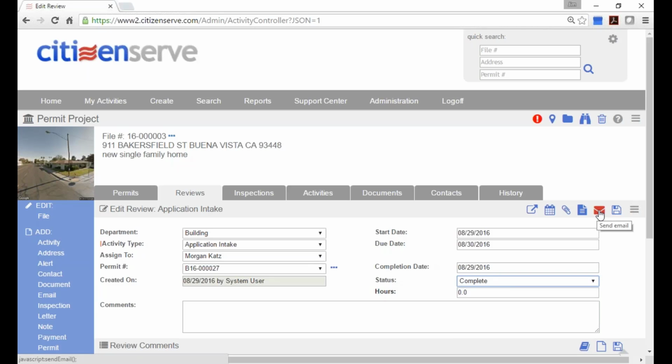send an email. So you can see we've got a bunch of options up here. I can attach things to my review. I can generate a letter document, and I can also send out an email. So I'm going to send out an email,